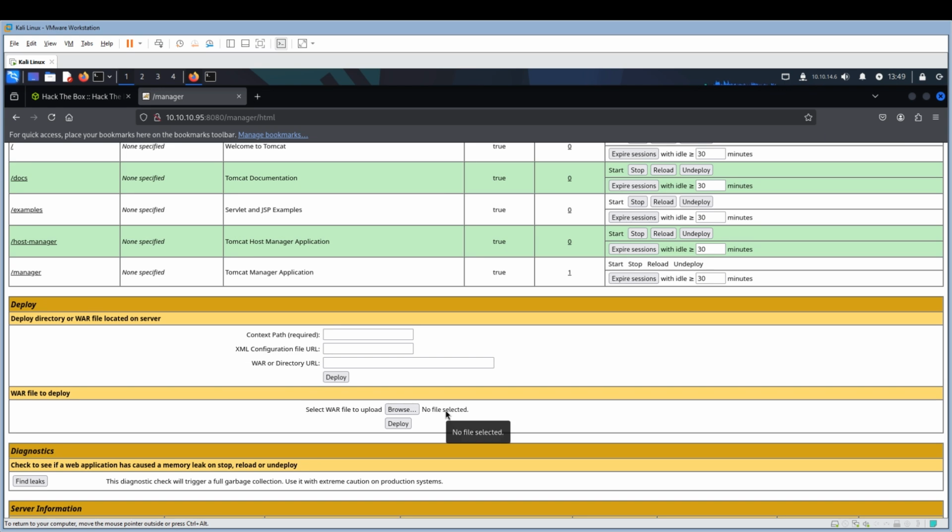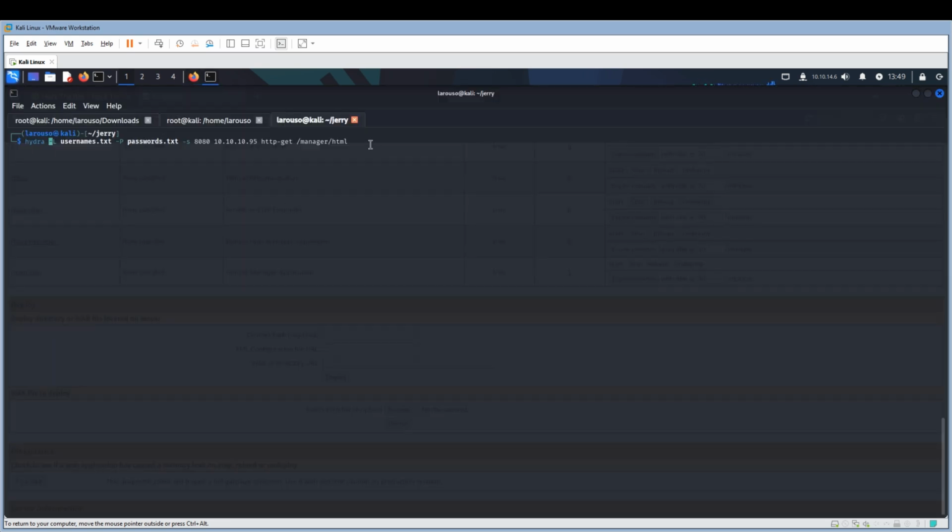I could make a malicious WAR file that contains shellcode or a payload that is going to send us a reverse shell back to us when we navigate to that specific file. So we could get access here. So to do that,